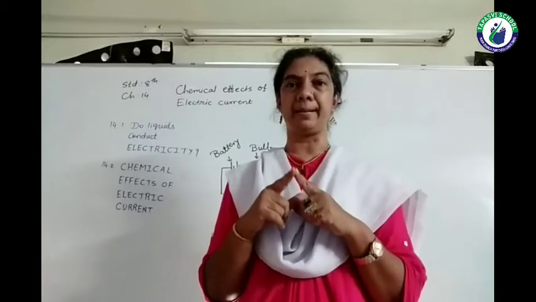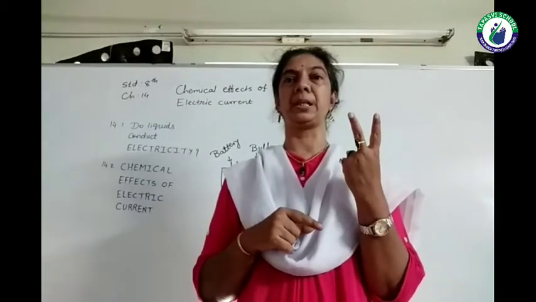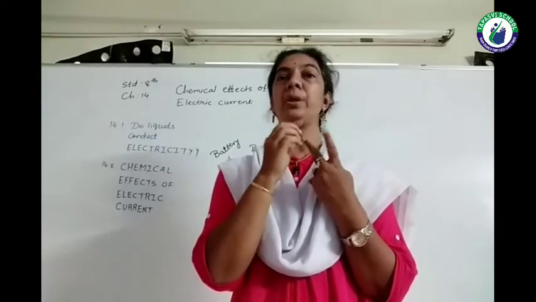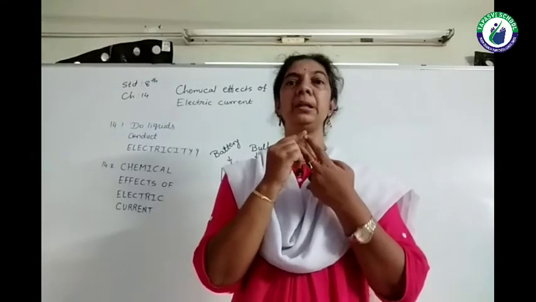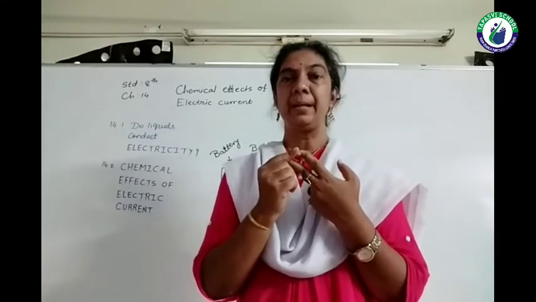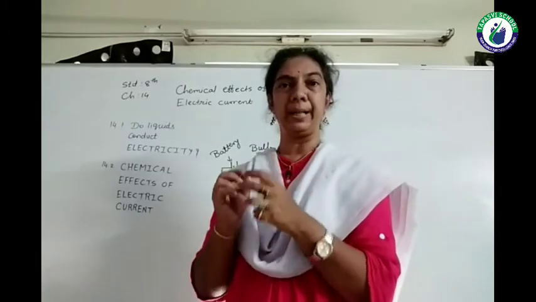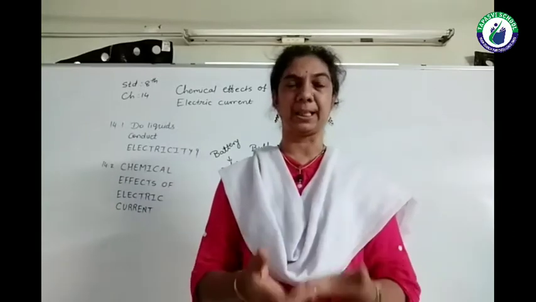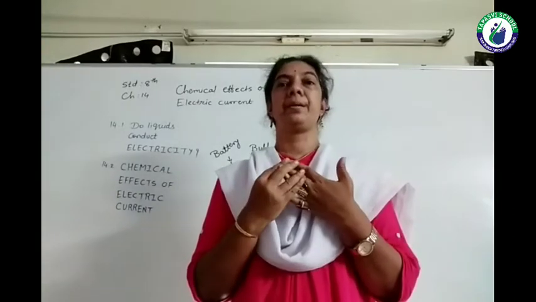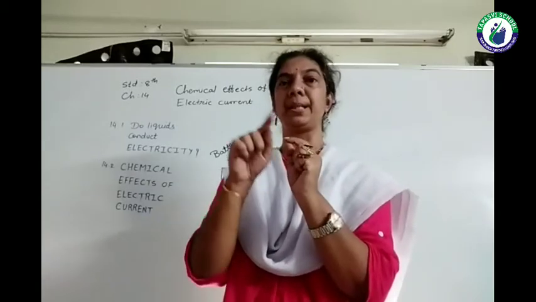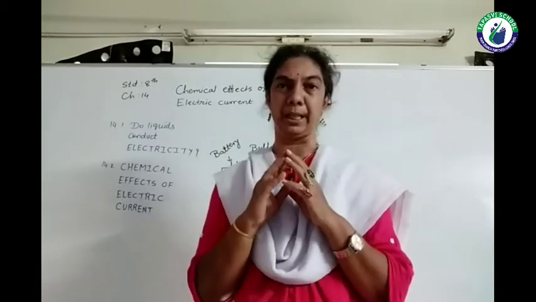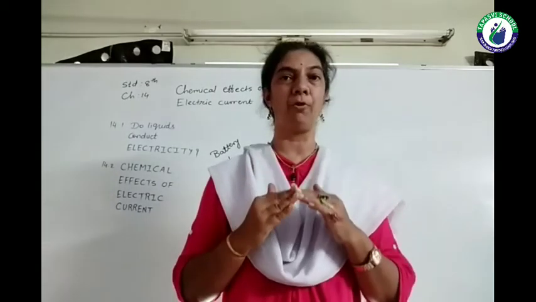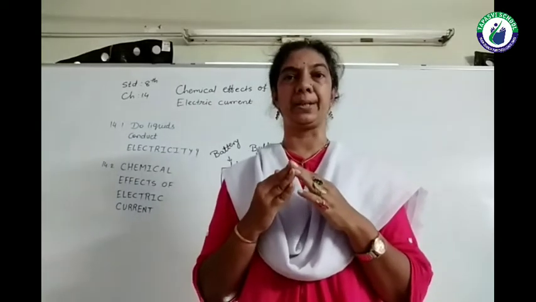That means the battery has two terminals, one positive terminal and another negative terminal. The two terminals are connected with electrodes, and those electrodes are dipped in a liquid, as we will see over here, and as you saw in the activity just now. Besides that, it must be closed, that means it comes back to the battery only. So a closed path in which the current is flowing is known as an electric circuit.